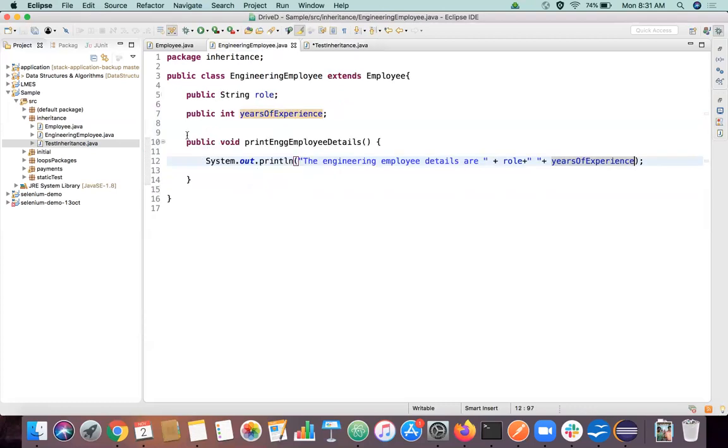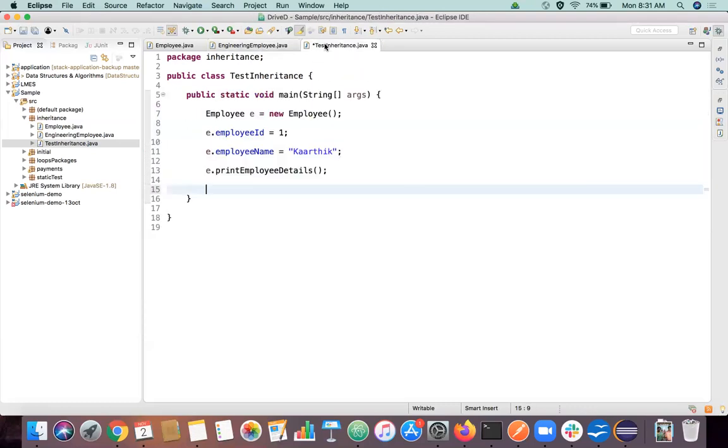My goal is to call this method. We can still create the object of it, right? Yeah, so that is also possible, right? EngineeringEmployee,